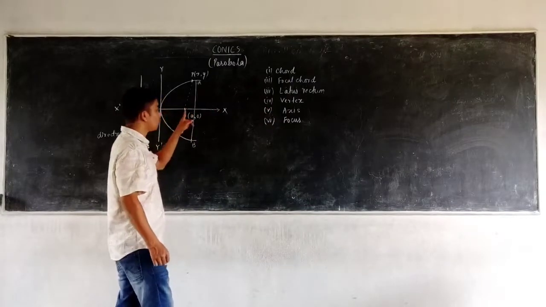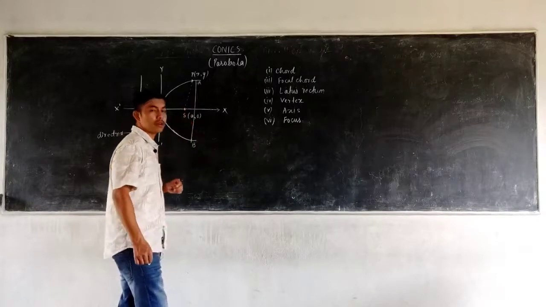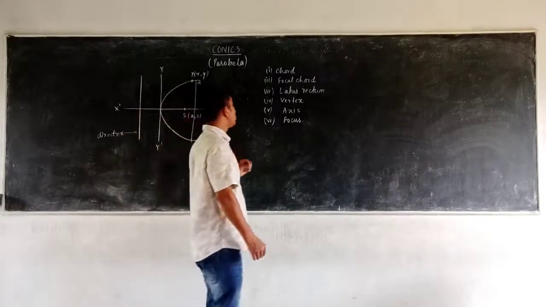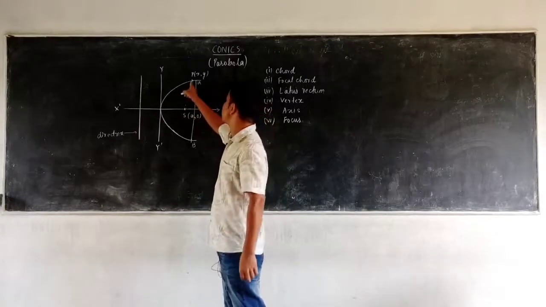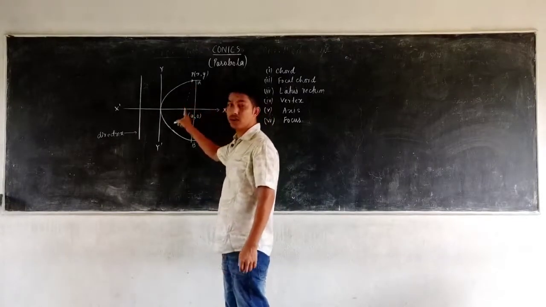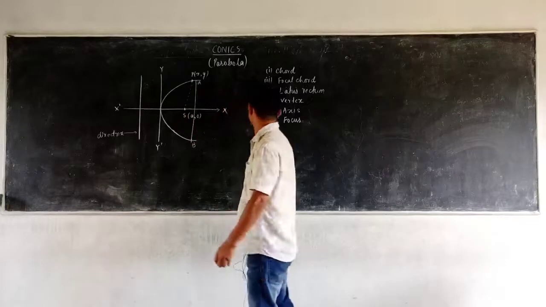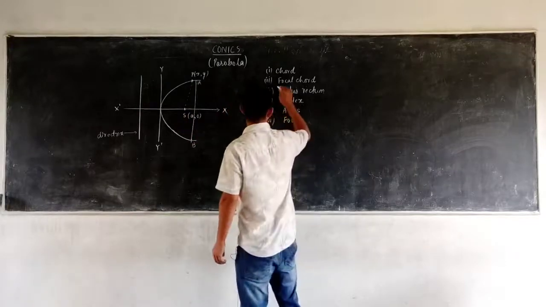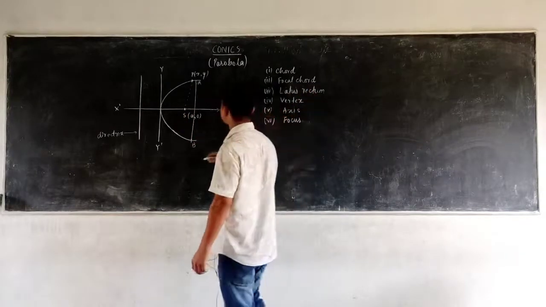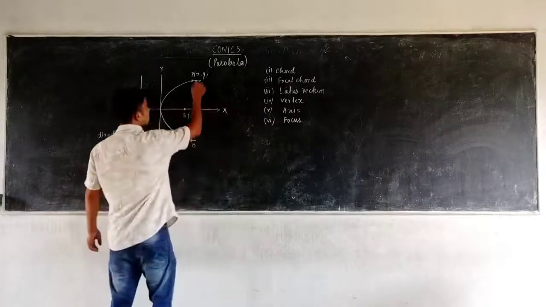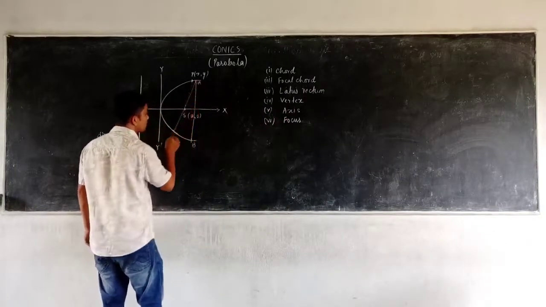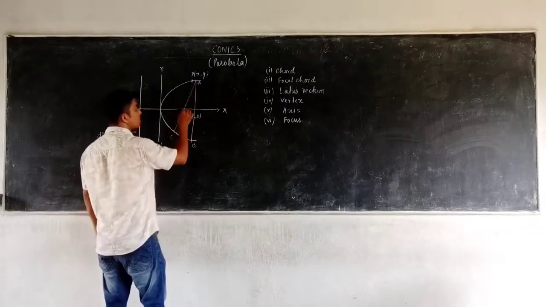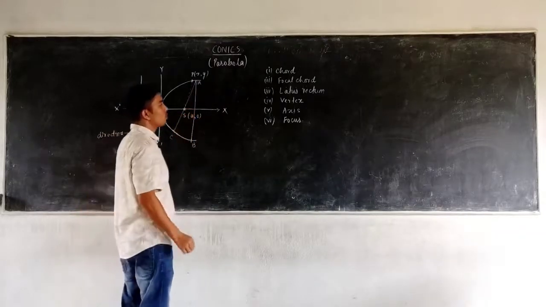Now coming to this word focus, the focus is that fixed point of the parabola. Okay, so here we had one moving point and the other, the fixed point. That fixed point is known as the focus. Like if, instead of going to B, I draw a line like this to C, so this AC is known as a focal chord because it is passing through the focus.